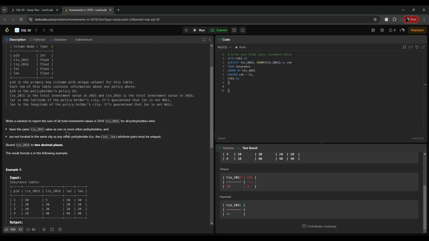So what we need to do here, the second condition is are not located in the same city as any other policy holder. That is, the lat, lon attribute pair must be unique. We need to make sure this pair must be unique. So what we can do here, we can simply select lat and lon, lat comma lon, and we are talking about a pair, so we will simply concat this value to make it unique. Concat lat comma lon as loc, location from insurance,